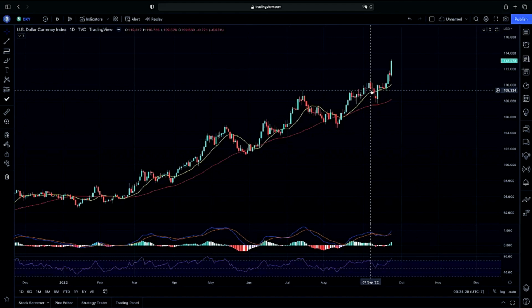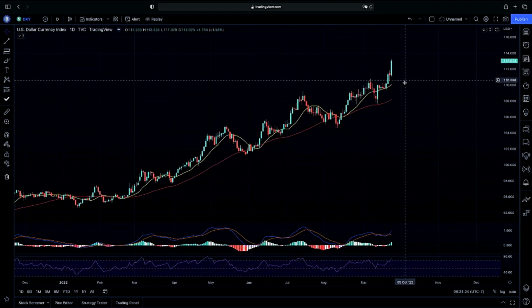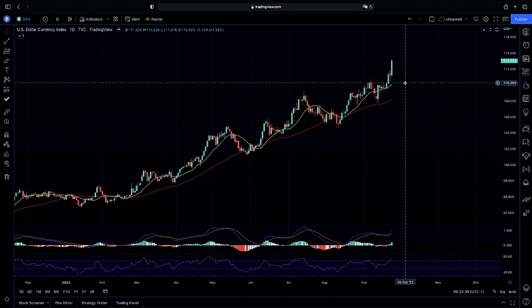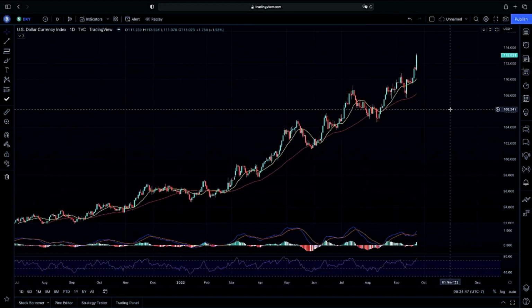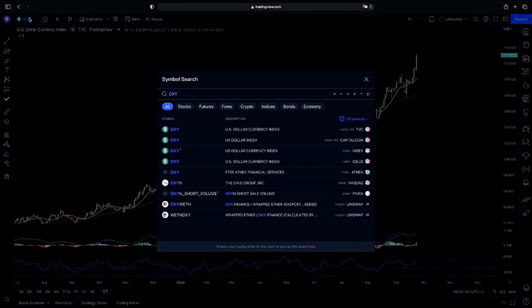Again, that would give us a large rally, in my opinion, because the dollar has definitely been giving us pressure to the downside, and very rightfully so, because we have a lot of pricing in to do with a lot of restrictive policy ahead of us. So we do have a lot of pressure here on the dollar, giving us a lot of decrease in pressure on the S&P 500, just making sure we are careful.